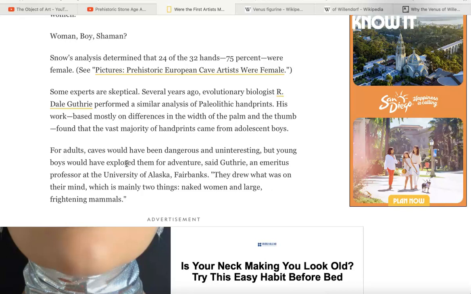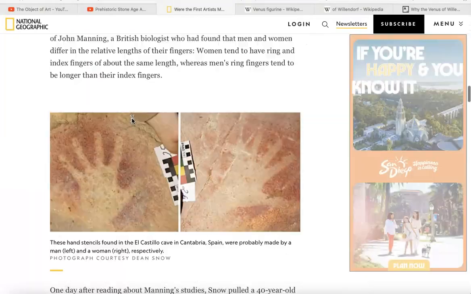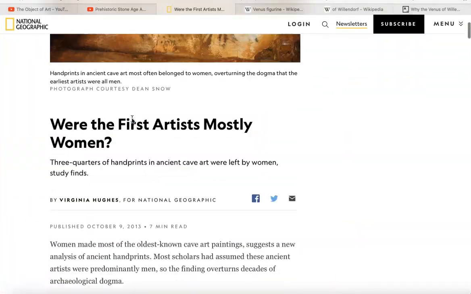In many cases, a lot of people just don't have open minds, especially scholars. That's what you need to know, children. Especially scholars whose entire livelihood is based on them being right about something. That's what you need to know. And so when you read articles like this one here from the National Geographic, or